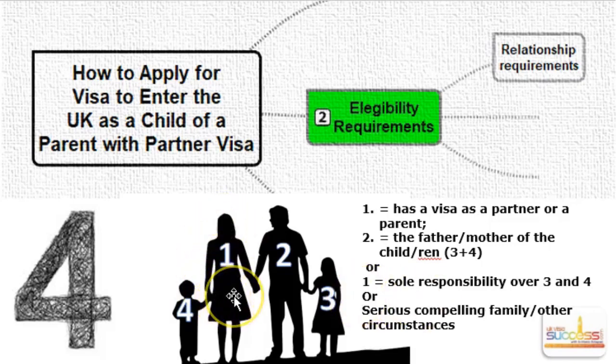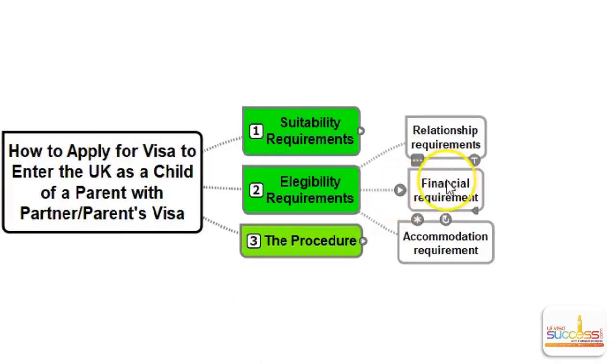This is normally met where the second parent is unable or unwilling to look after the kids in their country of origin, and therefore the mother or the father who is with the partner or parent's visa wants to take them to the UK. And then we have the financial requirements, which can be met in three of the following